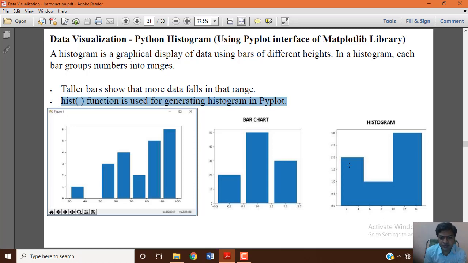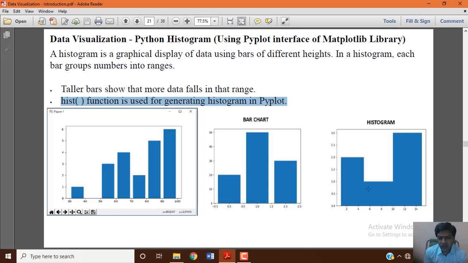There are different types of display of bars in a histogram, but by default it takes a bar representation, the same way a bar graph or chart generates bars. The only difference between a bar chart and a histogram is that you will not see spaces between the bars.